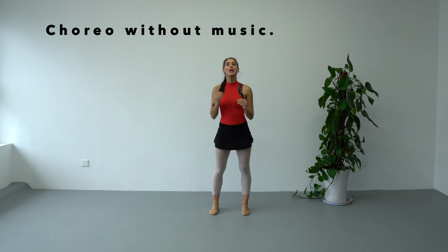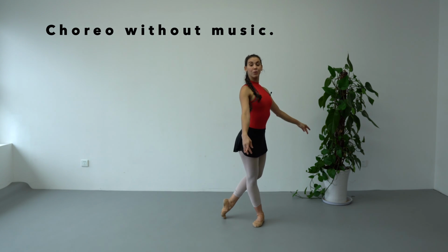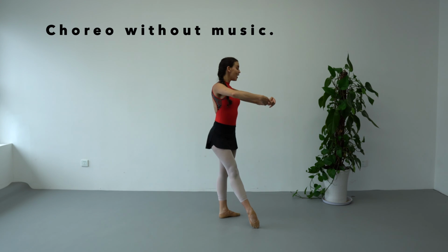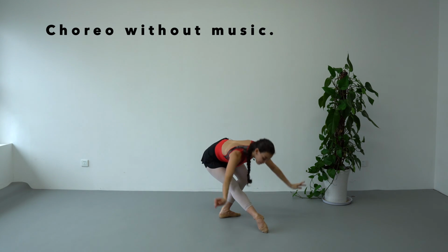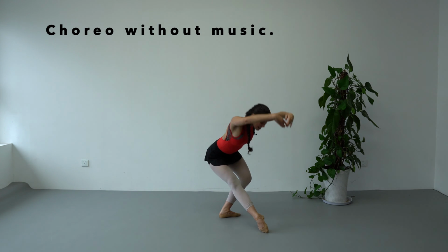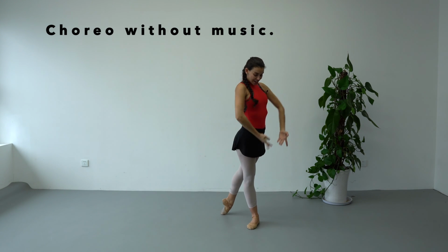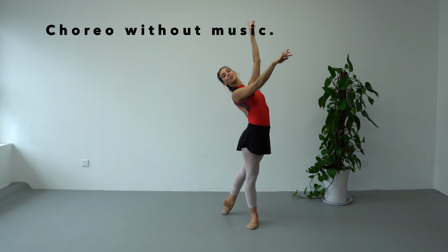Okay, so now we are ready to join all of these steps together in one short choreography, and then at the end of the video we are going to do it with music. So remember, we finished part 1 in a classical pose. Therefore, from here we're going to do 4th position, plié, open tendu forward, port de bras with demi-plié, stretch, demi-plié in 4th position, allongé, and we are going to do port de bras to the back,